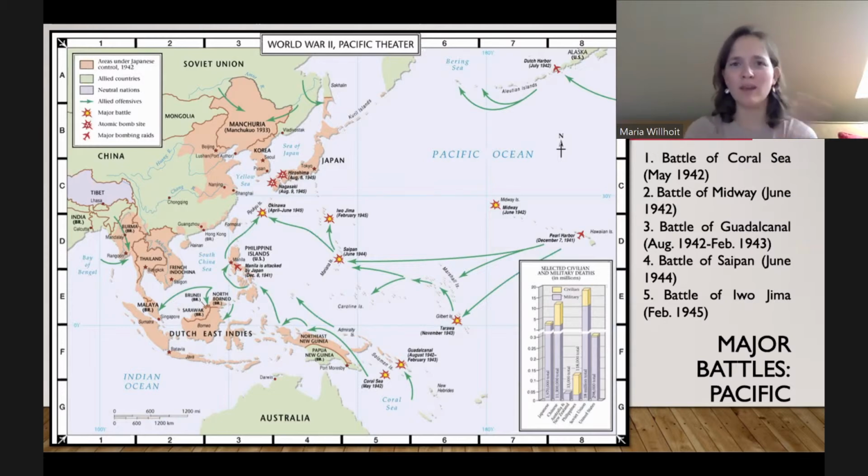but we do have a tendency to focus on Europe again because I think it makes for a nice story. You have evil Nazi Germany fighting the democratic forces of America and Britain and the Soviet Union. But here, in the Pacific, you have an empire that's fighting kind of another empire, America. I mean, we're not an empire quite yet, but Japan, they weren't doing it quite for the same reasons as Germany.